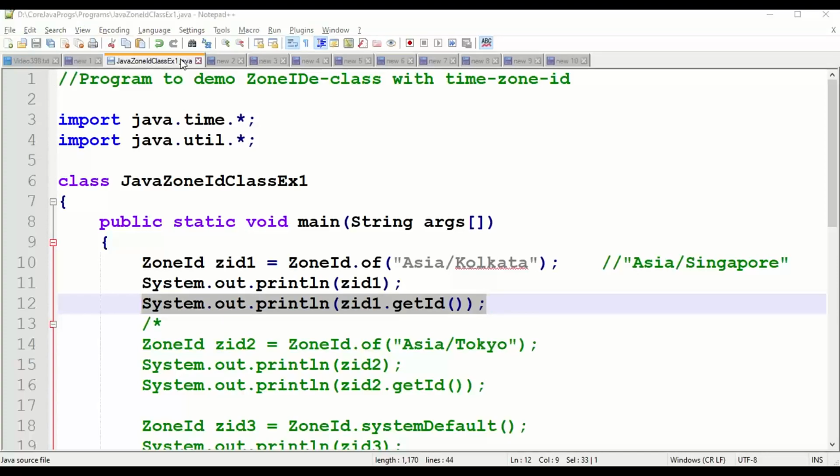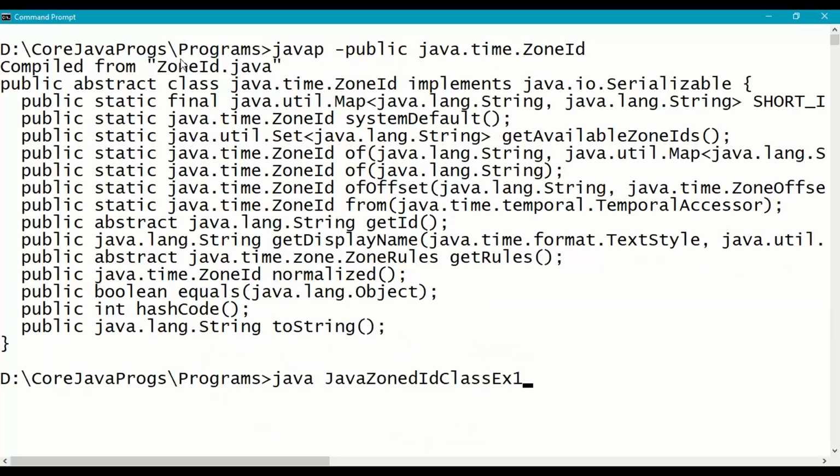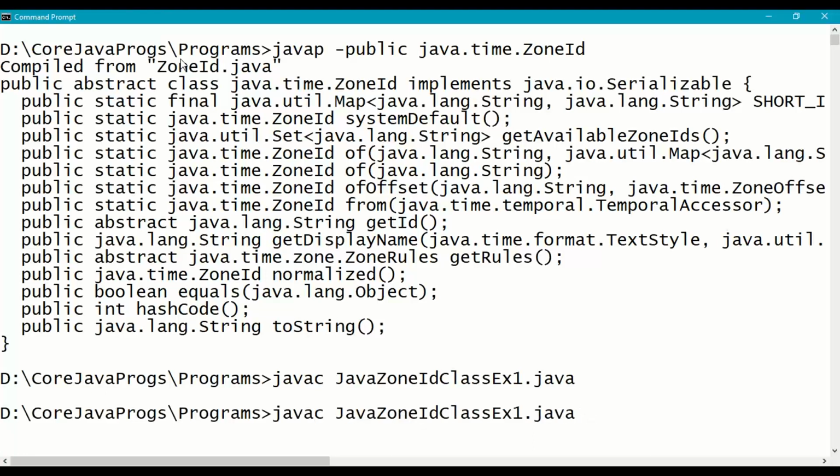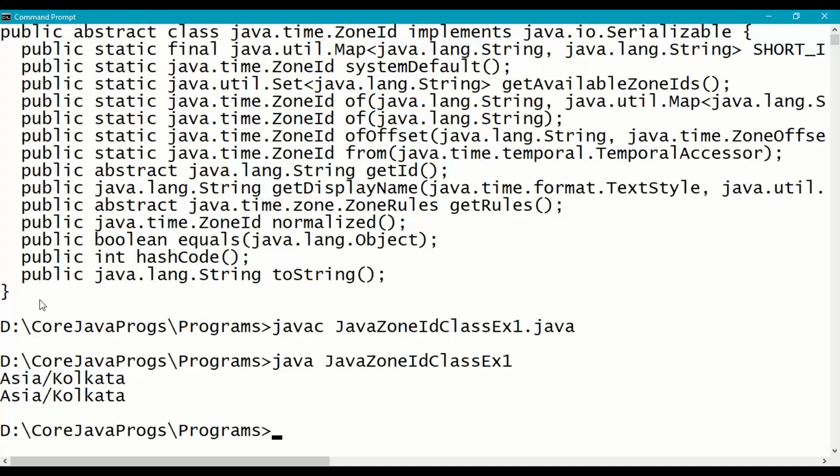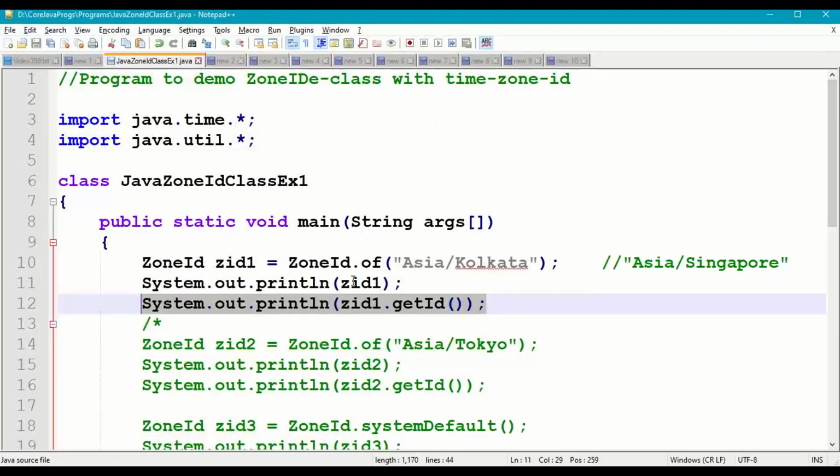Save this, come to the command prompt, and compile the program with javac ZoneIdClassExample1.java. No errors on successful compilation, and then run it. We get Asia/Kolkata, the zone ID and the object reference.